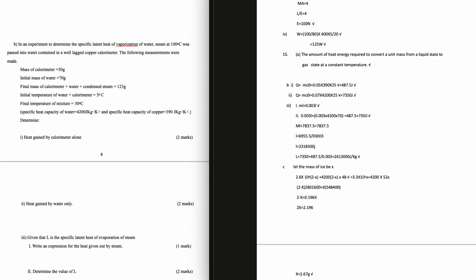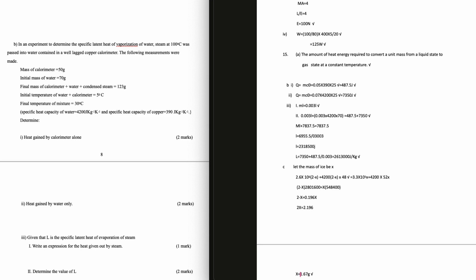Mass of the calorimeter, initial mass of water, final mass of calorimeter plus water plus condensed steam, initial temperature of water plus calorimeter, final temperature of mixture. The specific heat capacity of water is equal to, and the specific heat capacity of copper is equal to,